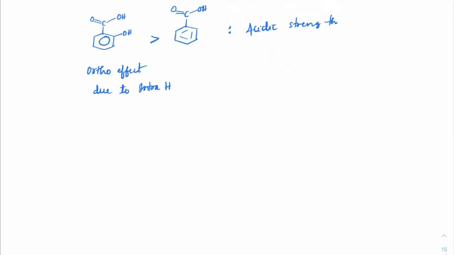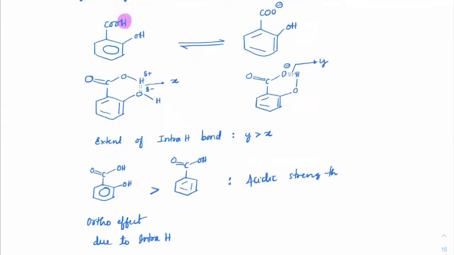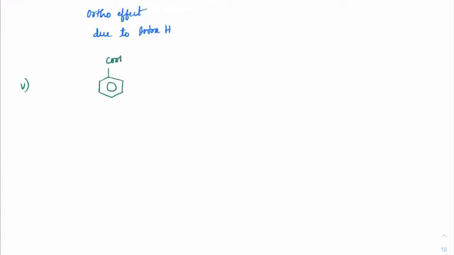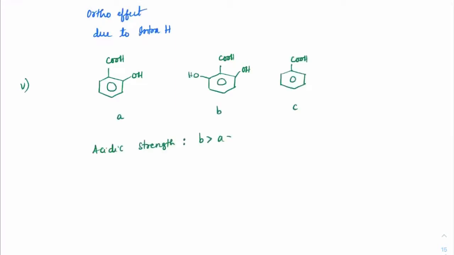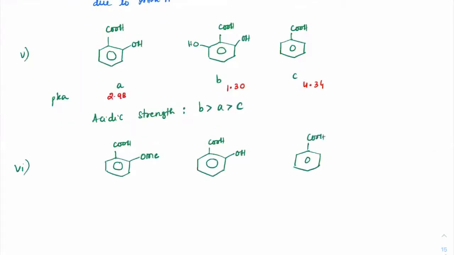So let us see a few examples here. Which one did we do earlier? Fourth. Now let's see the fifth example. Suppose we have salicylic acid, which is with one OH, and COOH with two OH groups here. More the hydrogen bonding, more is its ortho effect. If you check out the respective pK values for the same, this is 2.98, COOH with NO2. See, all of them are showcasing ortho effect.